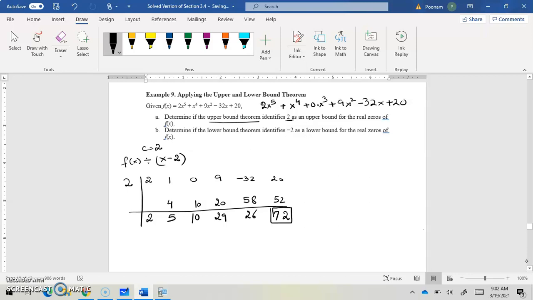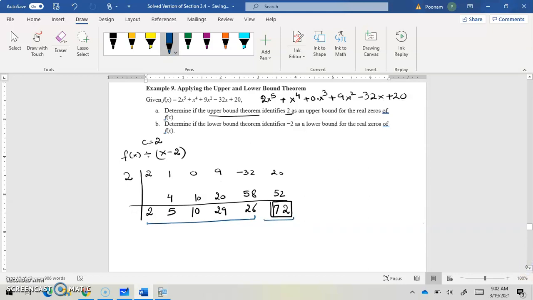So this number is the remainder, and if we check, all the coefficients of the quotient including the remainder are non-negative, all positive. So our upper bound theorem states that x is equal to 2 is the upper bound